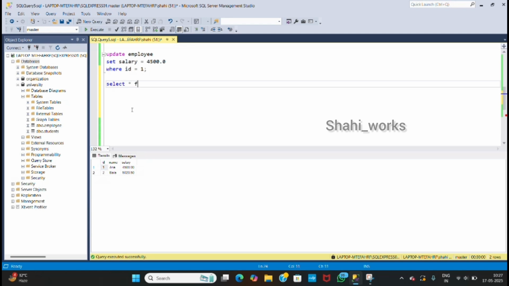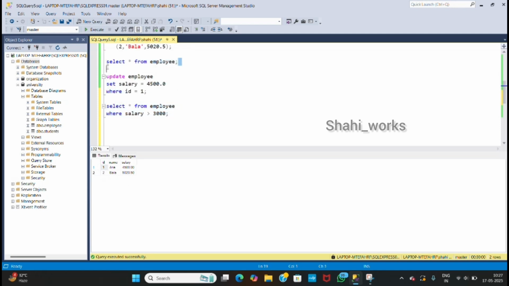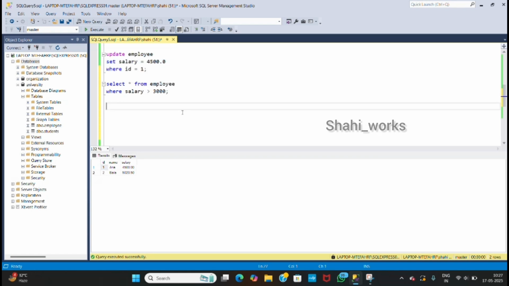So I'm writing select star. Select star helps us to retrieve the data from the table, from employee. My table name is employee. Here I'm using the where condition. In the where condition I'm giving salary and using the operator greater than, here greater than 3000, and at last a semicolon. So you have to highlight it and execute it. If I execute, you can get your output like this. Because I have inserted both values which are greater than 3000, I'm getting both Anna and